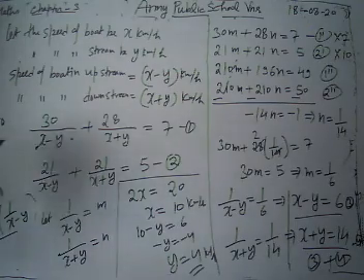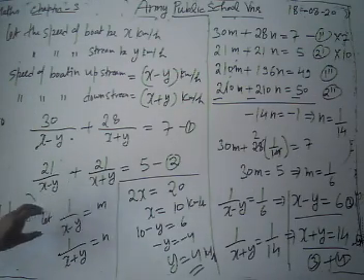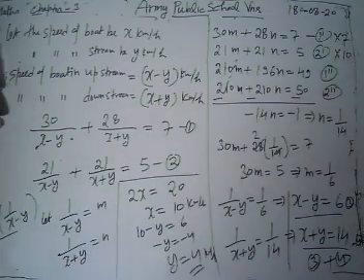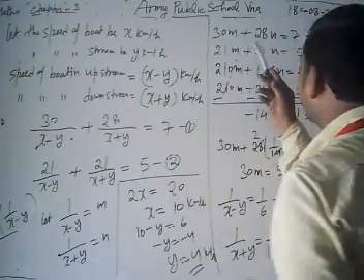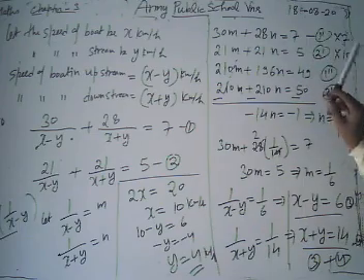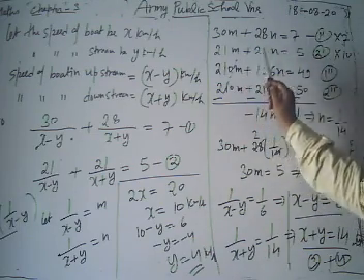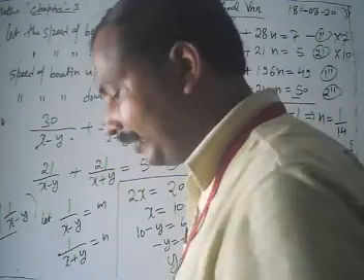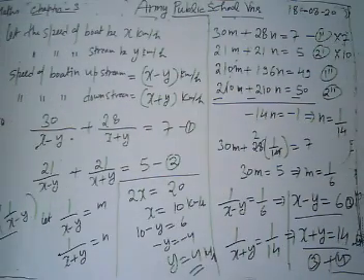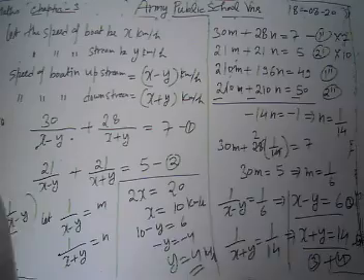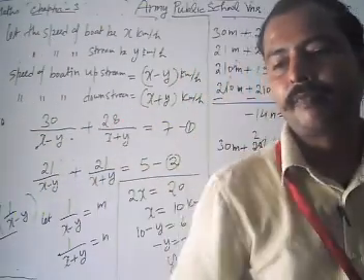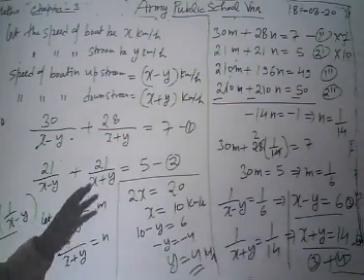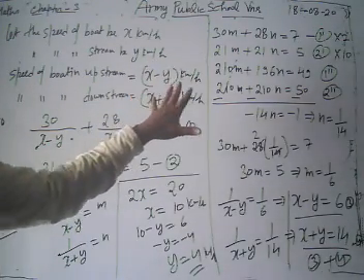Then after that, to solve it, what do we take? We take 1 upon x minus y equal to m and 1 upon x plus y equal to n. Then our equations reduce to 30m plus 28n equal to 7 and 21m plus 21n equal to 5. Then we are going to use the elimination method. To solve by using the elimination method, we have to make the coefficient of one variable equal.